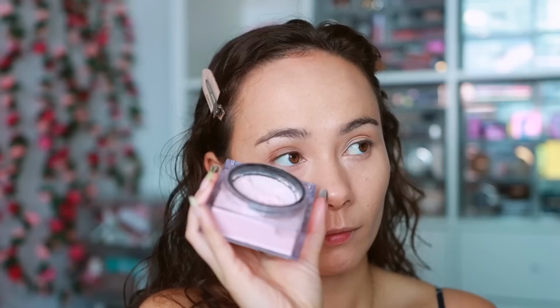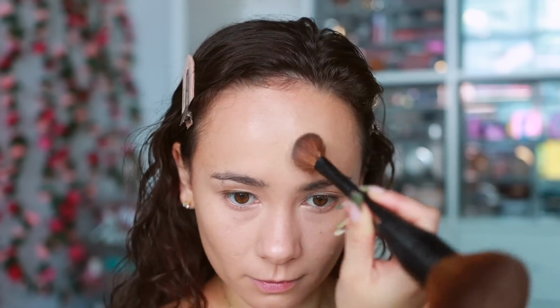years at this point. But I picked up a new shade, Cherry Blossom Cake, which is very lightly pink. I don't think it leaves behind too much of a pinky haze on my skin tone. It brightens a bit. It's a nice shade. I just picked this up to try it out. I didn't have a pink powder before, but it's not too overwhelmingly pink on my face, but it still is that really great, lightweight, extremely blurring setting powder with a brighter finish than what I'm normally used to, which I